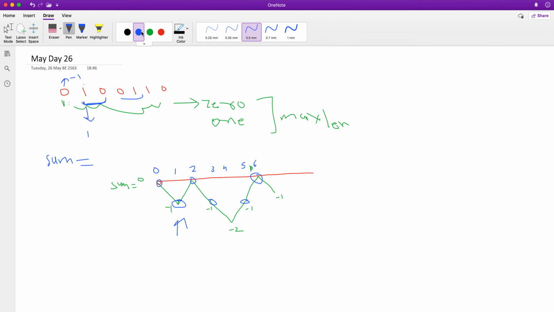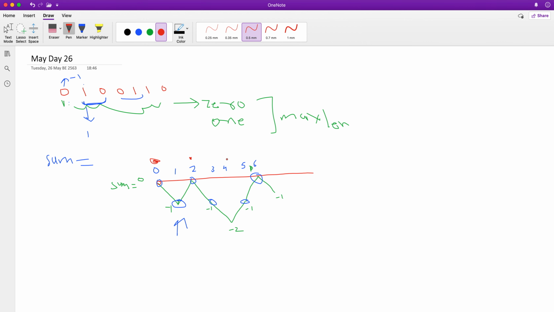So if we keep track of the indexes of the previous sum, we can easily get the length during the processing if we find the same sum. So let's say if we know the index of this zero sum, once we find the zero again, we can get the previous index and subtract it from the current index. That will be the length of that maximum subarray of equal 0 and 1.